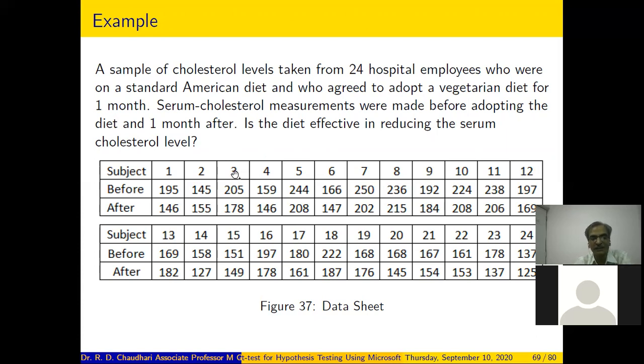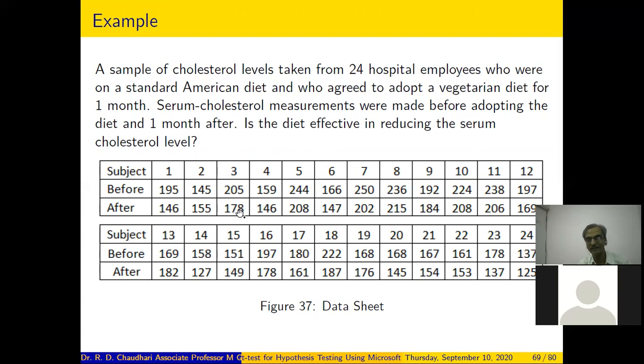For the third employee, we have the serum cholesterol level on a standard American diet, that is, before adopting a vegetarian diet, and it is 204, right? Now, after 1 month of vegetarian diet, for the same third employee, the serum cholesterol level is measured and that is 178, right?